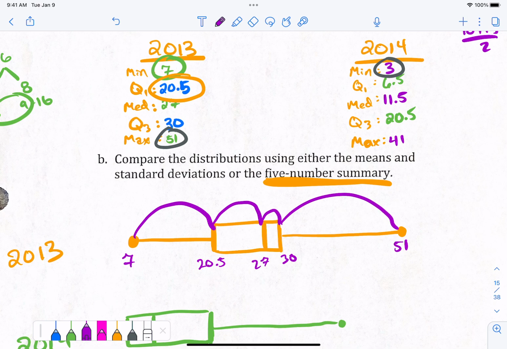This is a trick question. Equal amount. There were 16 numbers, true? 4 of those games scored between 7 and 20.5 points. 4 of those games scored between 20 and 27. 4 of those games scored between 27 and 30 points. And 4 of those games scored between 30 and 51 points. There is the same number of games in each one of those regions, except the deal is that probably this